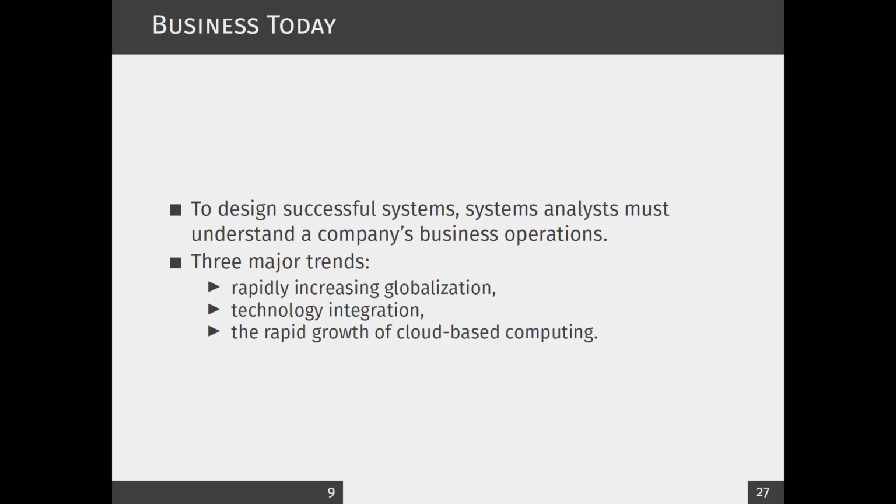So everything now depends on technology. Third, the rapid growth of cloud-based computing, which means early days we tend to use our own computers, own servers, which we normally call on-premise. But now with cloud computing, we are going to have a separate